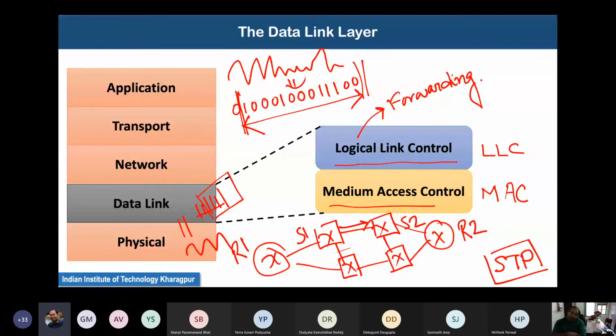Another important task of the MAC is this: in the lower diagram, you see that you can get data from multiple devices. You can get data from S1, and you can also get data from S3. So S2 may get data from both S1 and S3 simultaneously. That means a single machine might get data from multiple different machines, and getting data means you are receiving some signal from S1 and some signal from S3. There is a possibility that these two signals get overlapped.